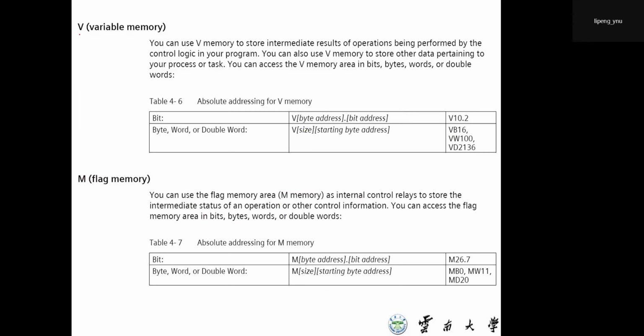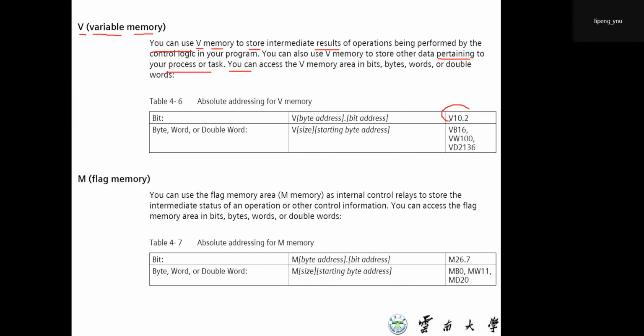And we can see V is what? V is the variable memory. You can use V memory to store intermediate results of the operation being performed by the control logic in your program. You can also use V memory to store other data pertaining to your process or task. You can access the V memory area in bits, bytes, or double words,